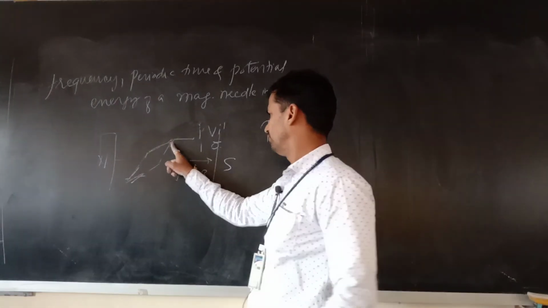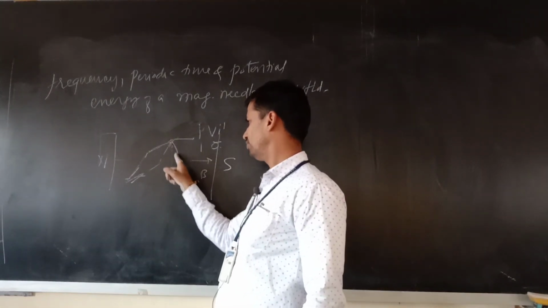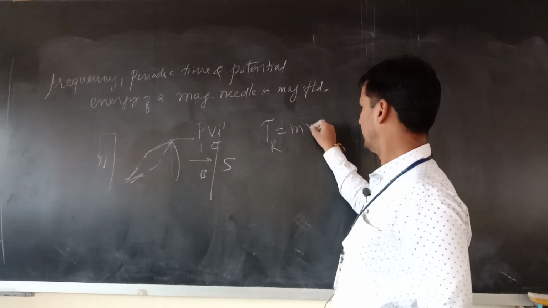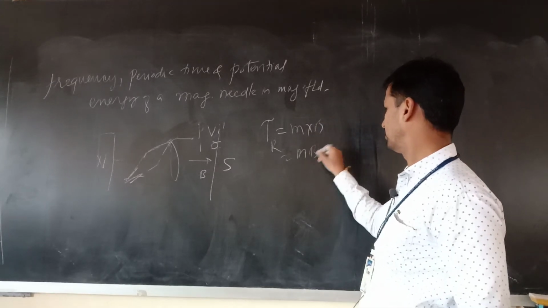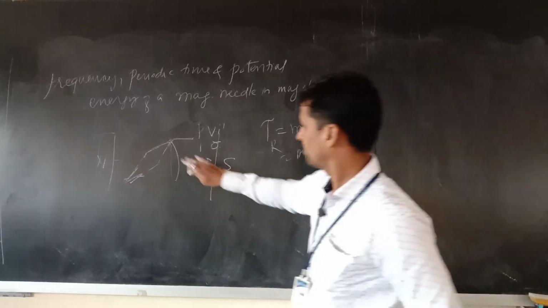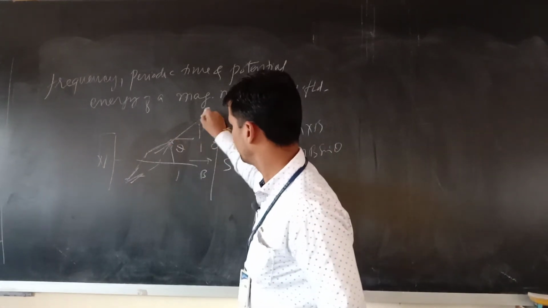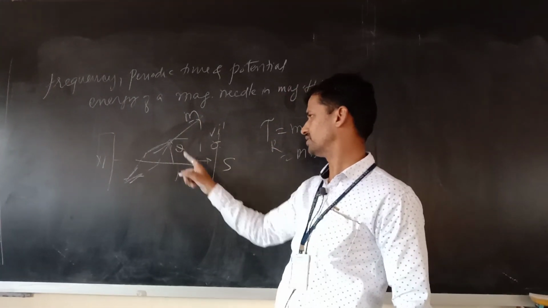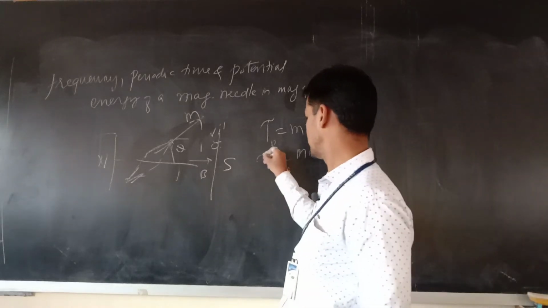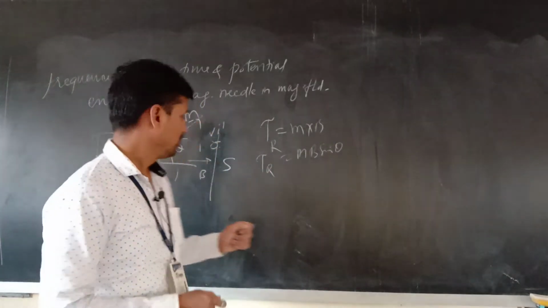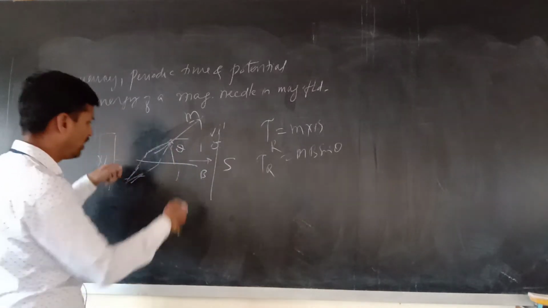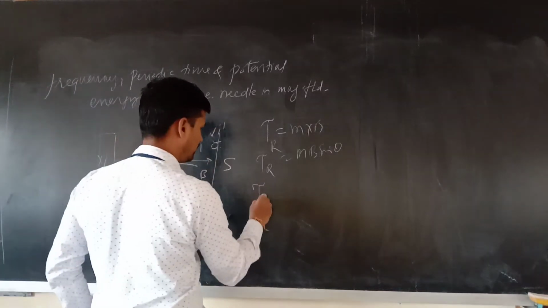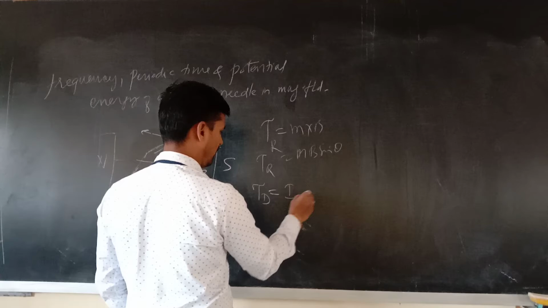Now, when you place it and leave your hand, this is going to restore. Restore means coming back. The restoring torque is given by m cross B, which is mB sin theta, where theta is the angle between the magnetic moment of the magnet and the external magnetic field B. This is theta. This is mB sin theta, which is called the restoring torque. Now, how do you deflect it and make it rotate? That is called the deflecting torque. Deflecting torque is given by I alpha.